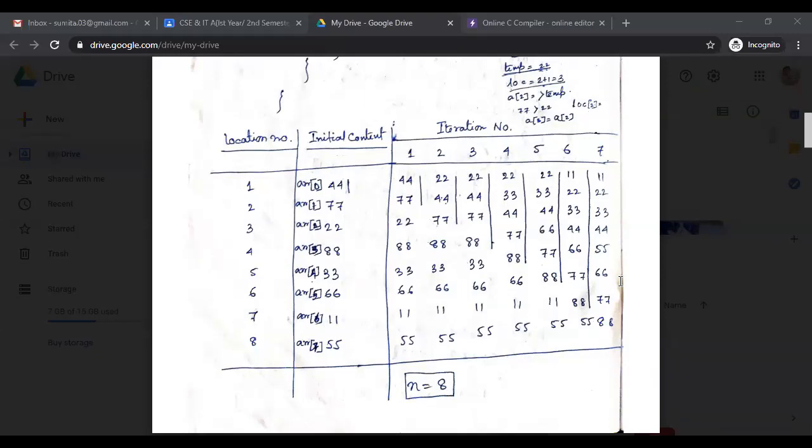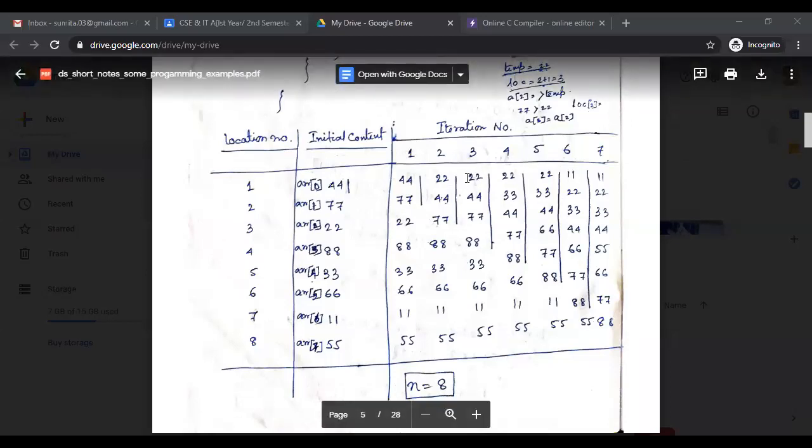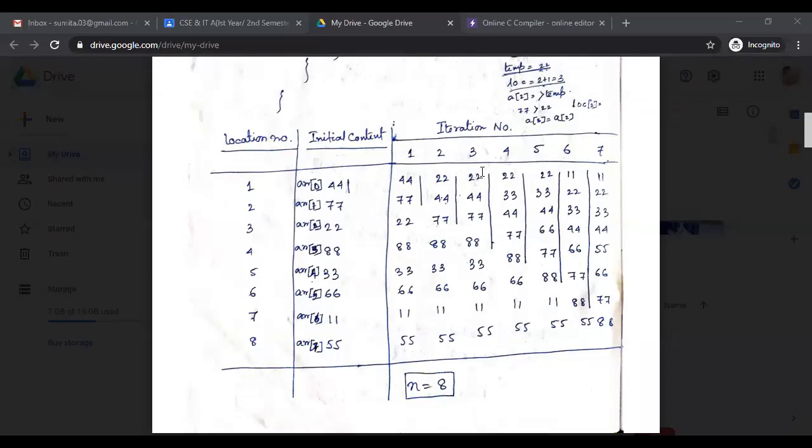Obviously 22 is less than 44, so again the swapping takes place. 22 moves to the lowest index of your array, and 44 moves to the next index. So after two swaps, this is the ultimate result of your array.